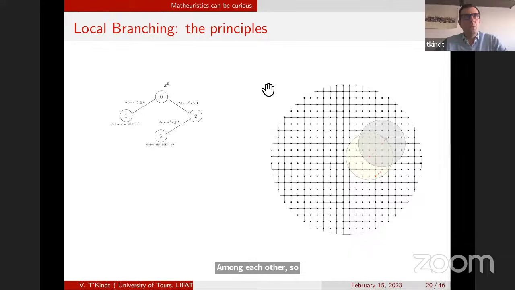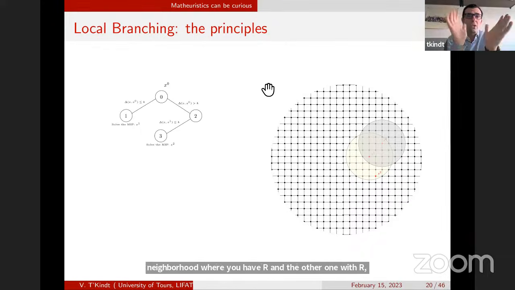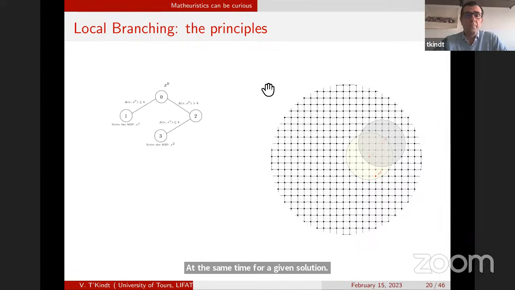Yeah, we could think about something like that too. Saying, for instance, it's maybe useless to consider the neighborhood with R and the other one with R+1, because they are almost the same. So you could say, I don't want to consider these two, I may just consider one of the two, but not both at the same time for a given solution ST. That's possible. And starting from this statement, we can arrive at an approach, as you say, to consider distinct time windows of positions, and each time re-optimize and maybe keep the best solution among all the optimizations.